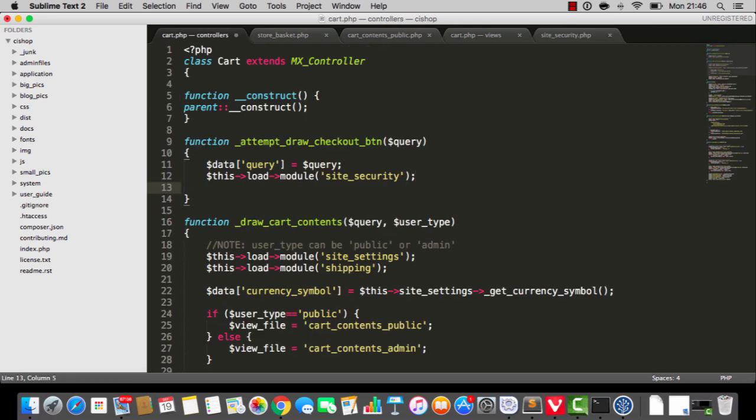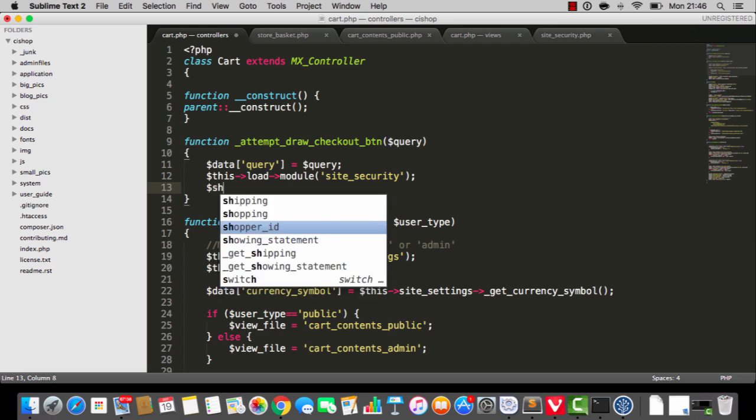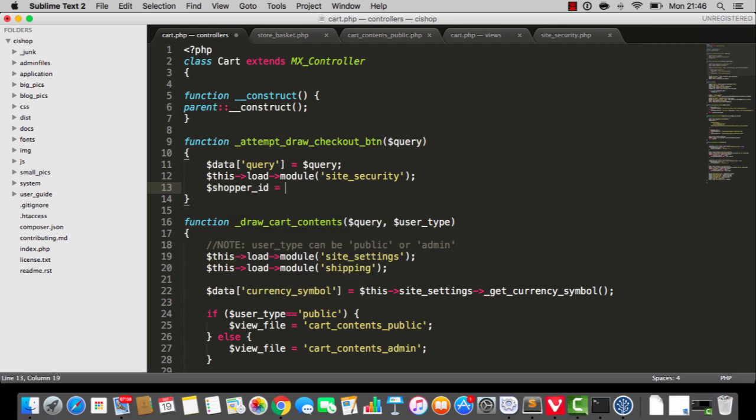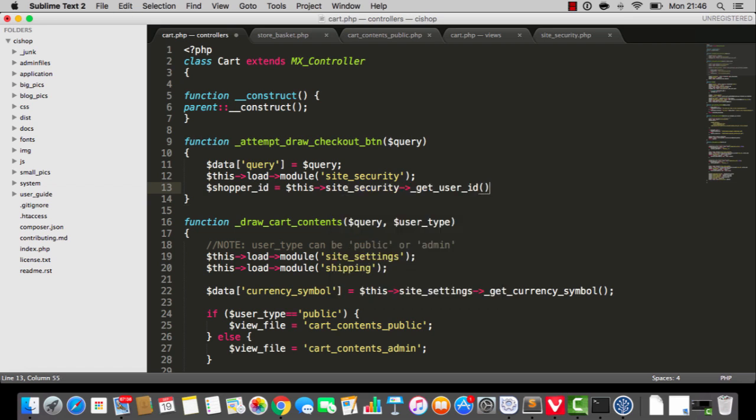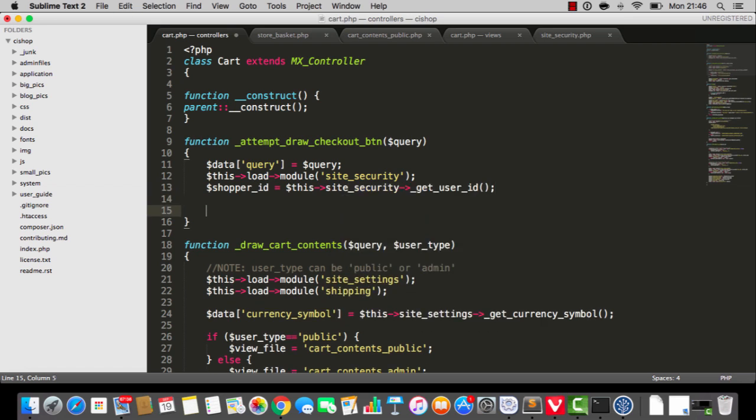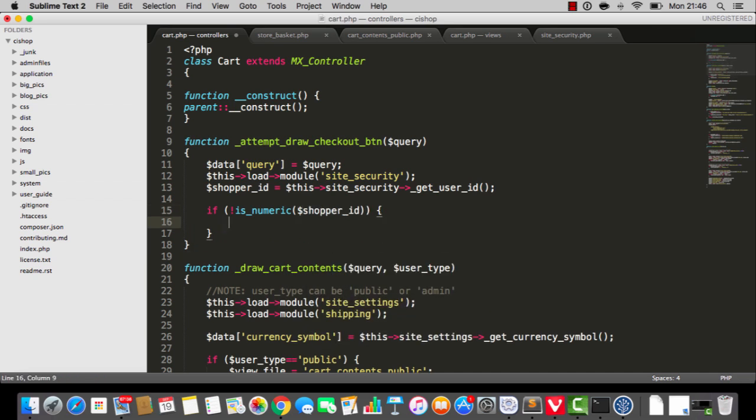We're going to say shopper ID is this site security get user ID. And then I'm going to say if, now this is the coolest vibe in the universe, if not is numeric, do not blink because this is cool. If not is numeric shopper ID, then I'm going to say this